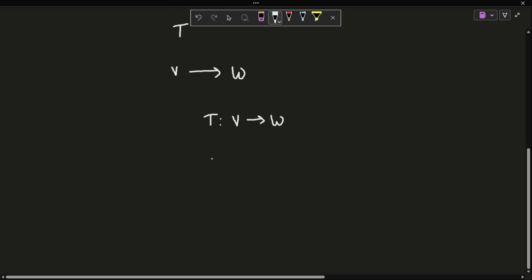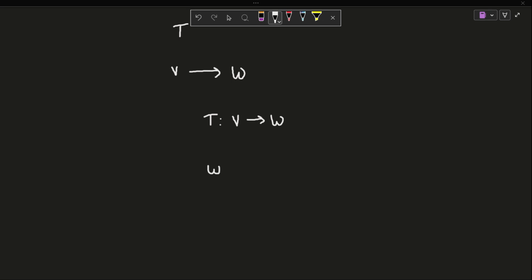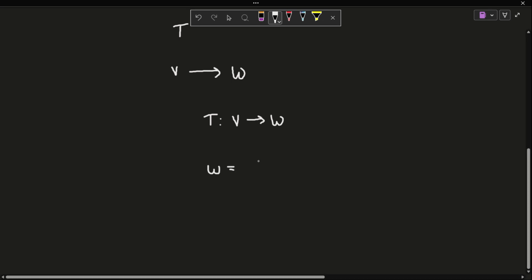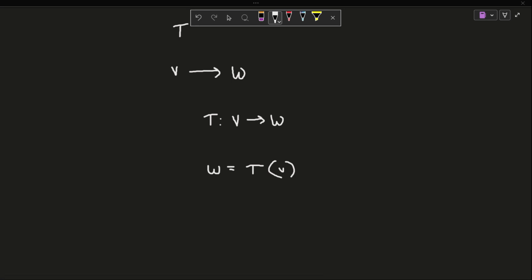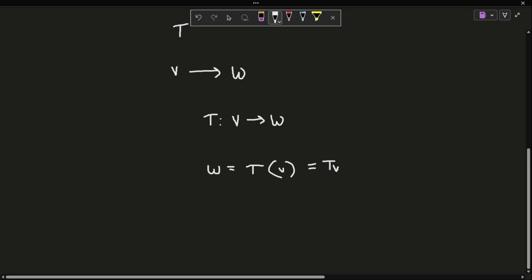The way we can represent each element, let's say small w, is that it's going to be equal to the result of applying our transformation T to the corresponding element small v inside our vector space big V. Of course, you can also remove these parentheses, so it could also be written as TV